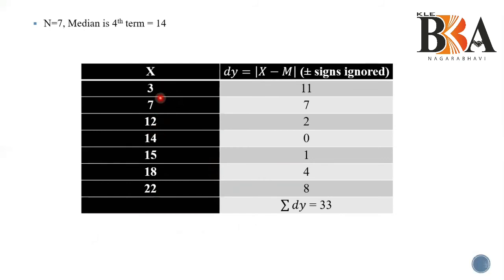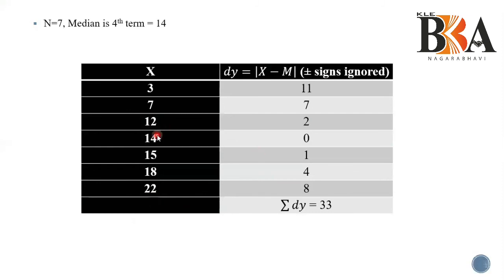Greater than 13: looking at the data, we have 14, 15, 18 and 22. These are the numbers which are greater. So greater will represent what? Sigma x1. The lesser numbers will be sigma x2. When you start, the formula has sigma x1, sigma x2, n1 and n2. If it is clarified neatly what each one means, then it is easier to solve this.